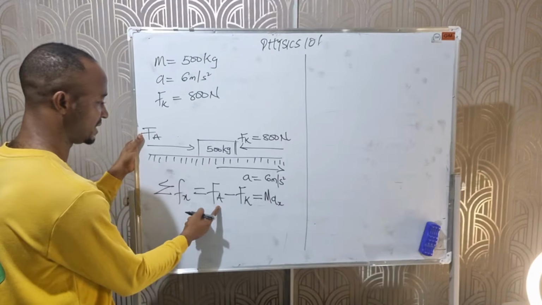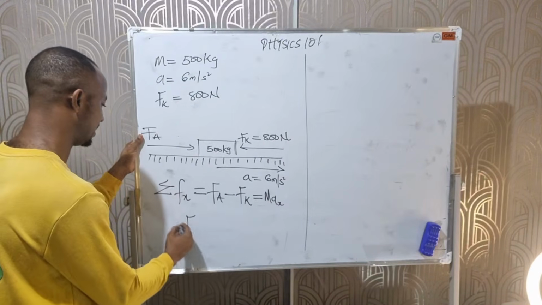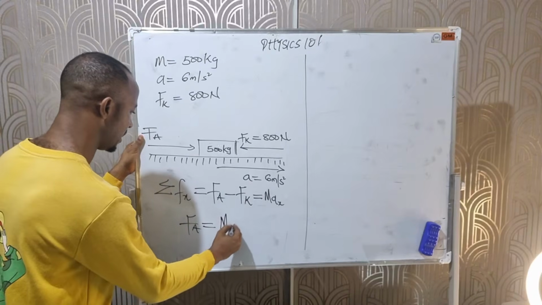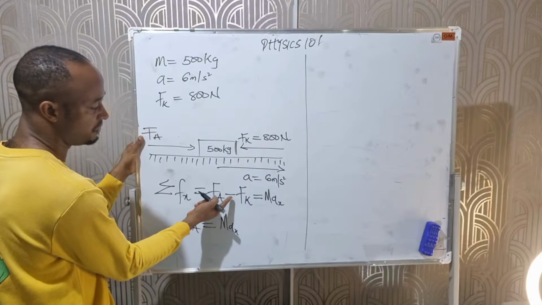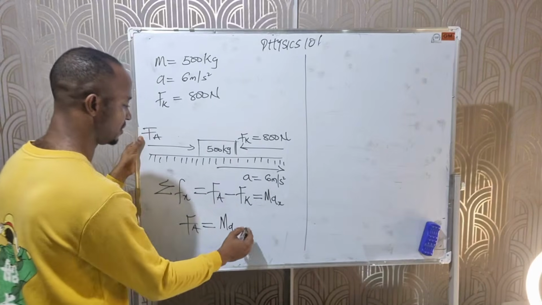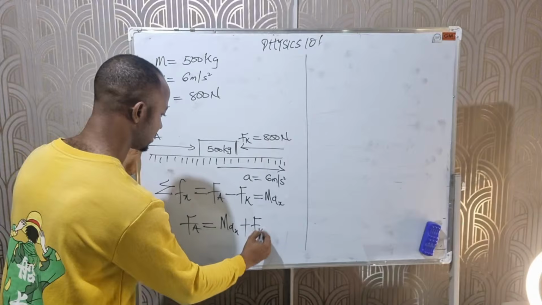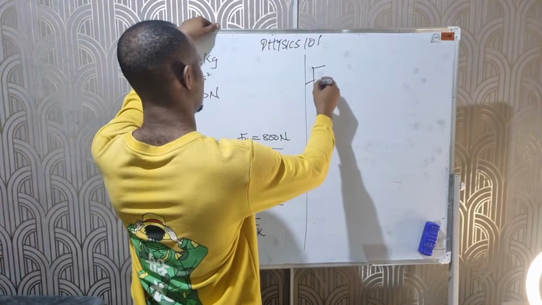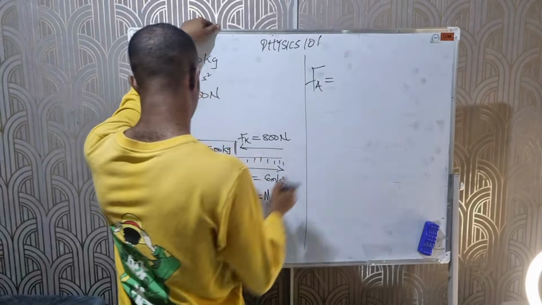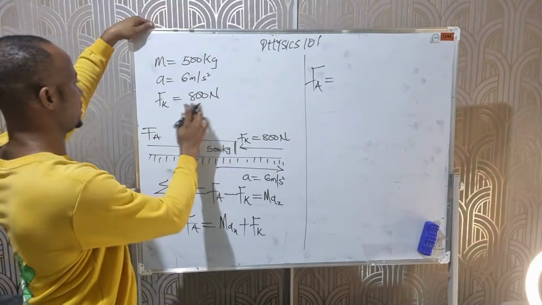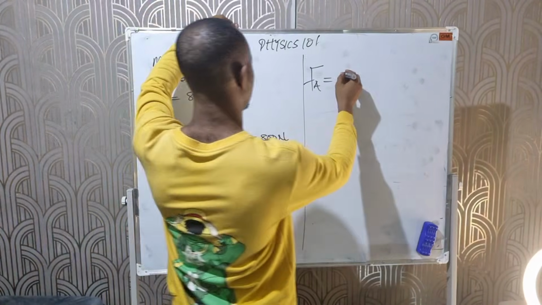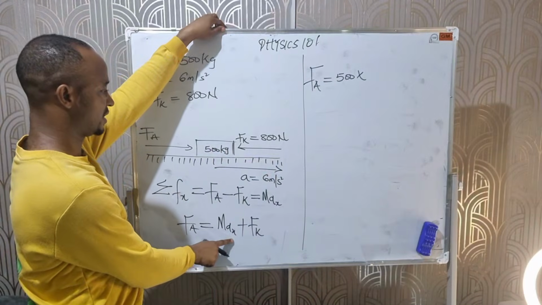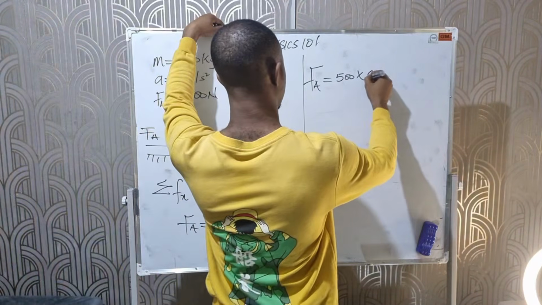So all we are looking for is the applied force, right? From here we can say that our applied force equals, here we have ma. When we move our minus FK to the other side, it becomes plus FK. So from here we can solve for the applied force. That will give us FA equals the mass of the body, which is 500, times our acceleration, which is 6,